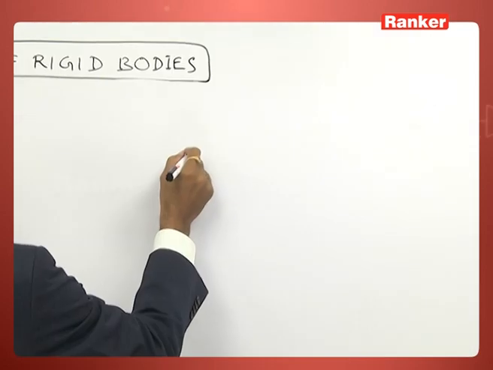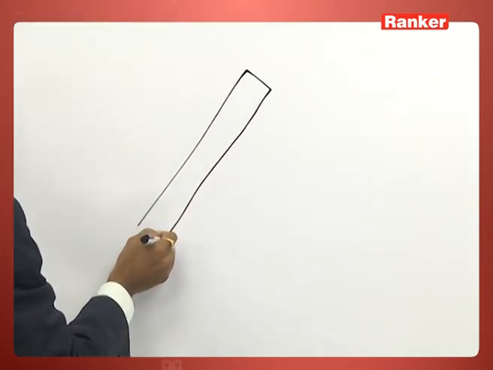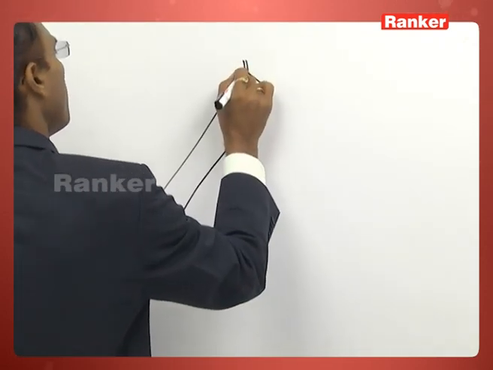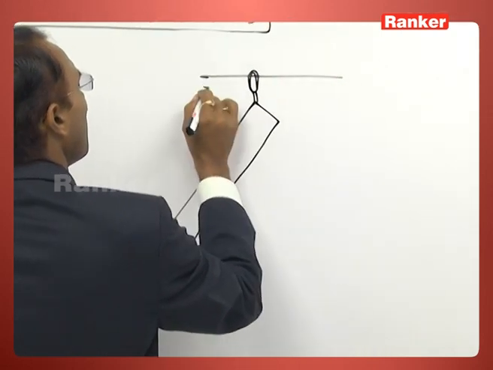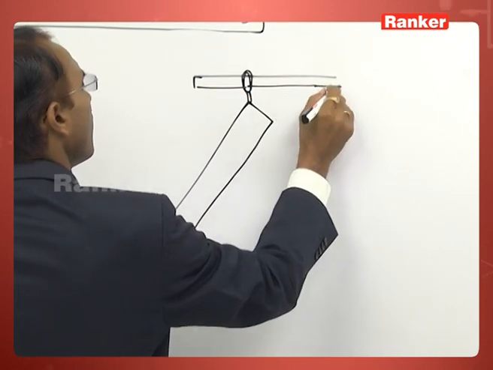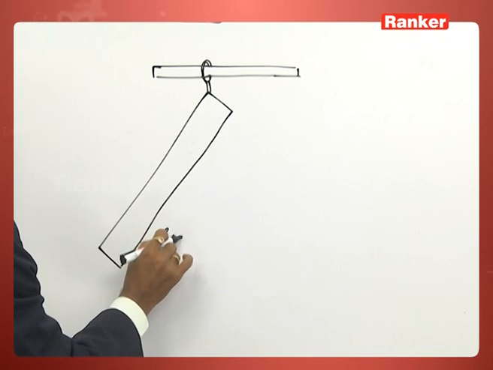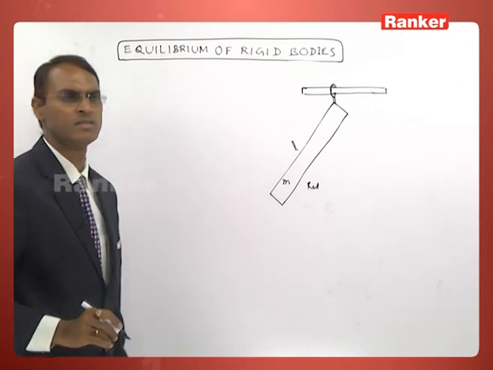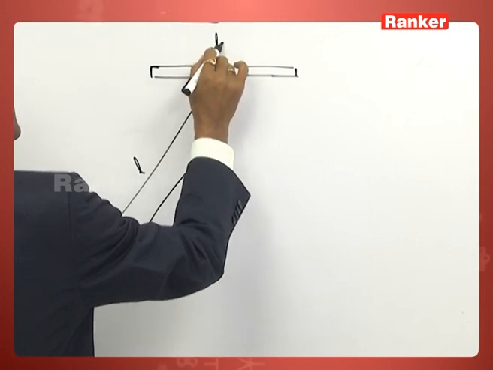Take another problem. This is the rod of mass m and length L. It is hanging by a light ring,